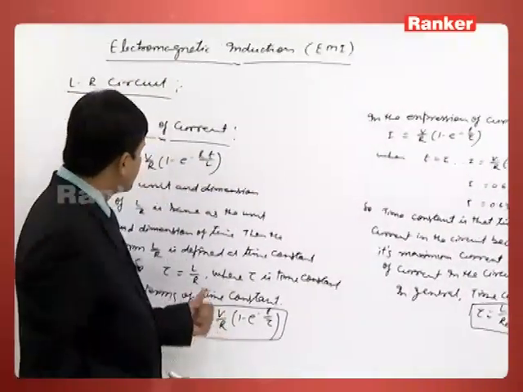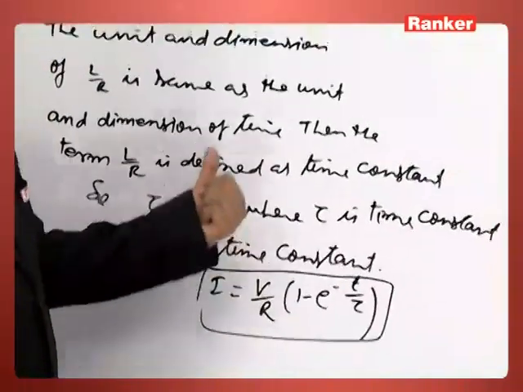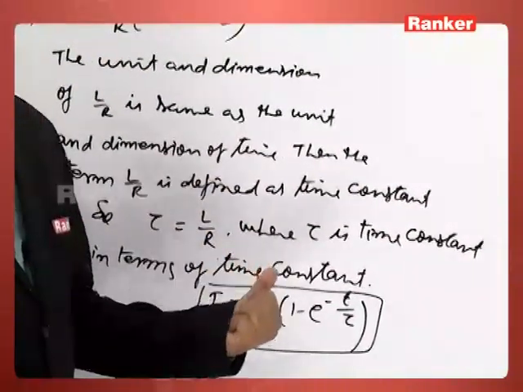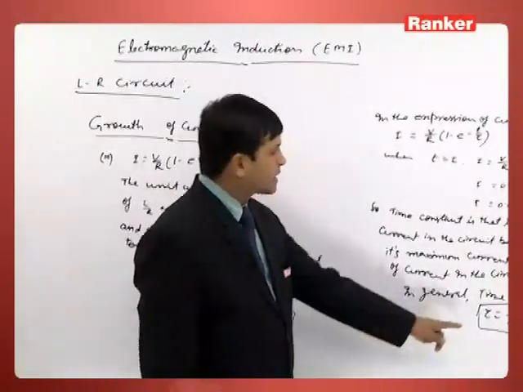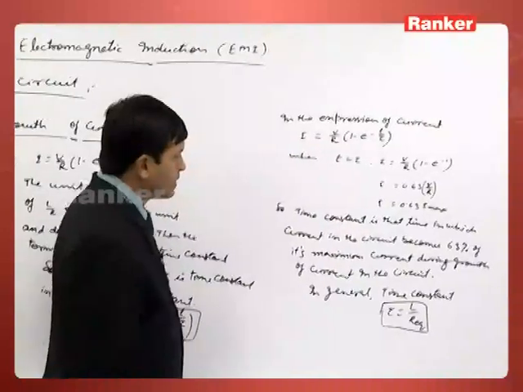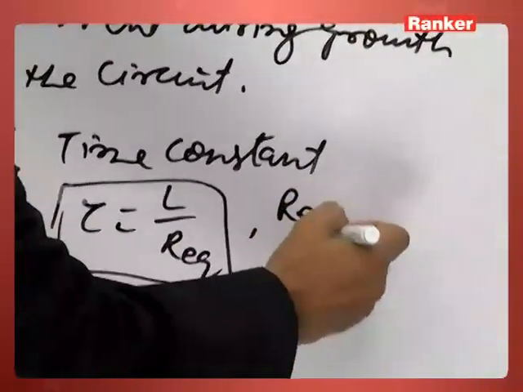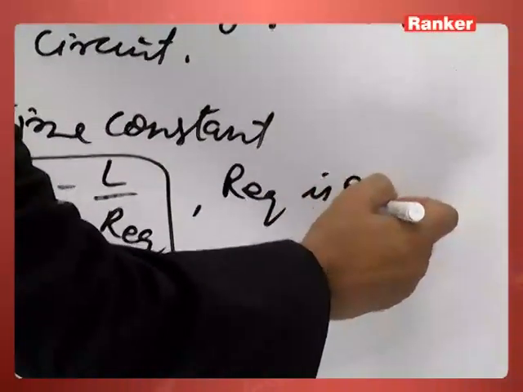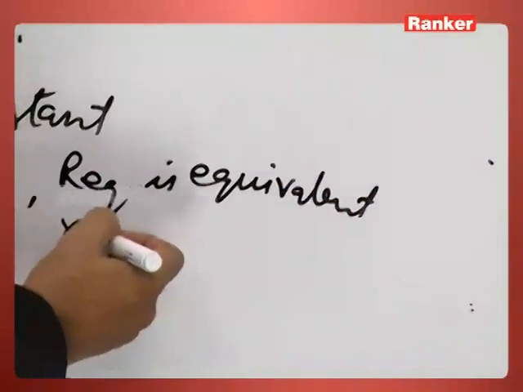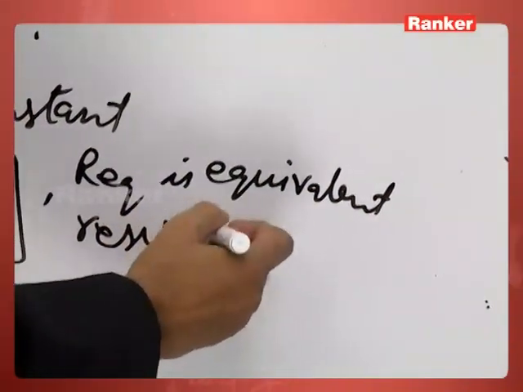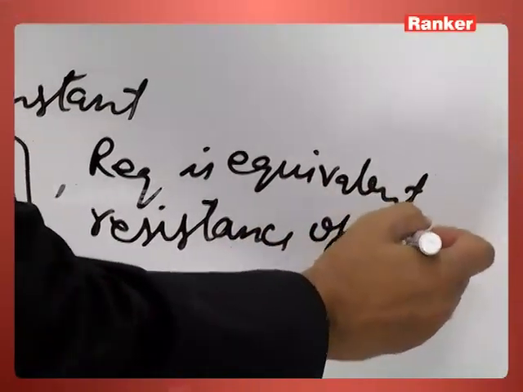Normally, I wrote here tau is equal to L by R, but in that circuit only one resistor was there. But if a number of resistors are in the circuit, then how to calculate? So here R equivalent is the main point. R equivalent is the equivalent resistance of the circuit